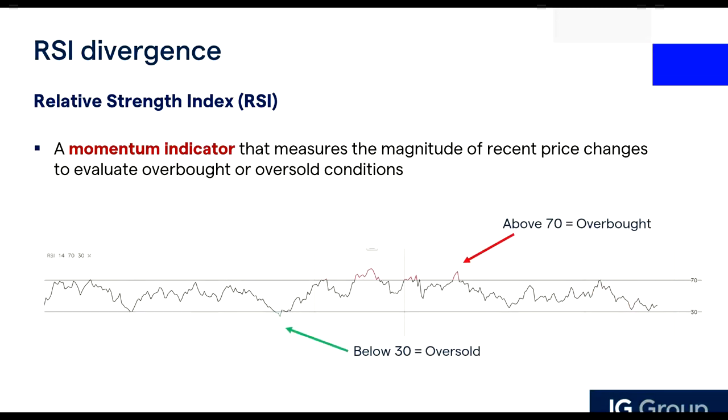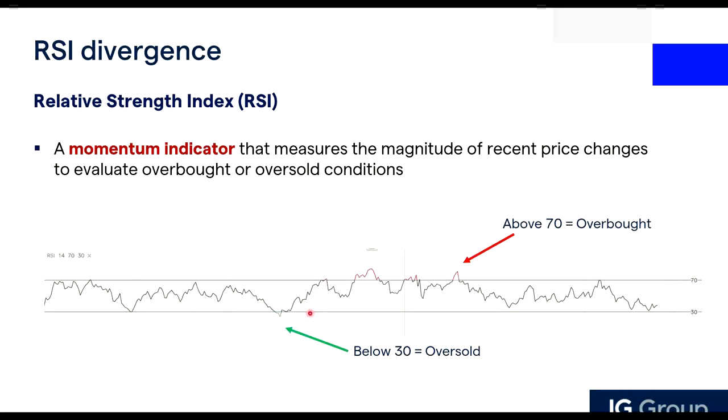How it actually gets this number is that it looks at the average gain in a given period, and in this case the given period is 14 by default. So for the past 14 candles, what is the average gain and what is the average loss? If this number keeps going up, this indicator keeps trending up, it means that the average gains are greater than the average losses. So what it essentially means is that there are more bullish candles than bearish candles.